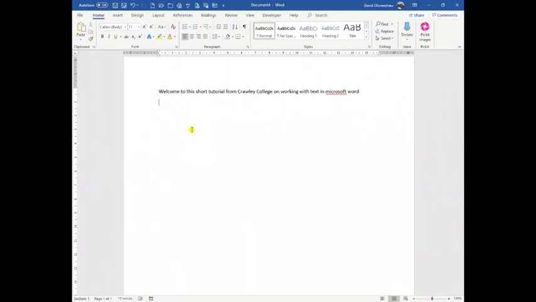As you can see on the screen, exactly what I said is now sitting there on the page in my document, but when I've typed it, I've managed to make a mistake towards the right hand end. I've not put capital letters on Microsoft and Word. They are a title, so they should have them. Now I could go into the text by just clicking inside it and editing out the mistake. Do that with Microsoft, do a similar thing with Word. It is a title, as I said, so it should have a capital letter,